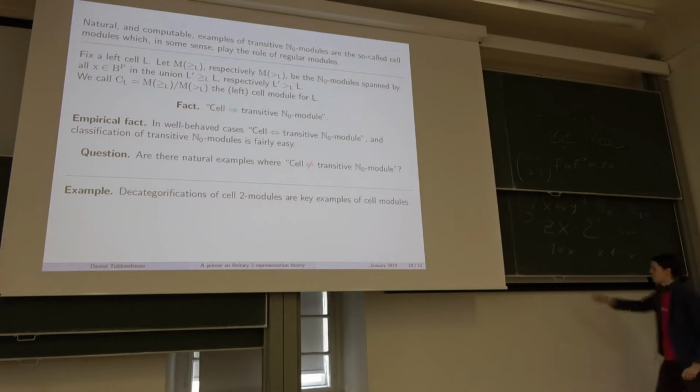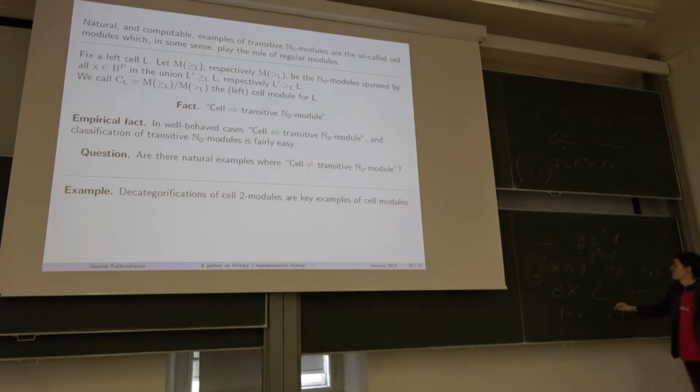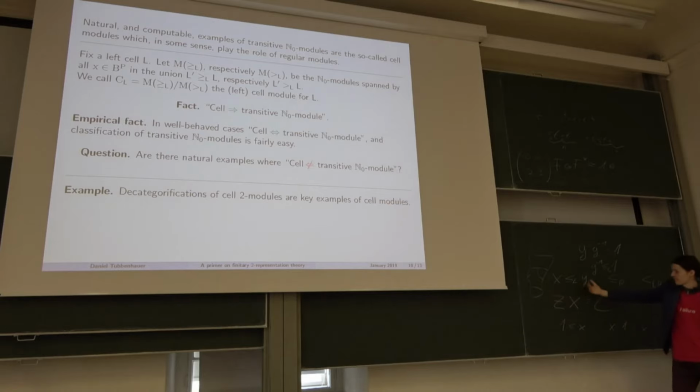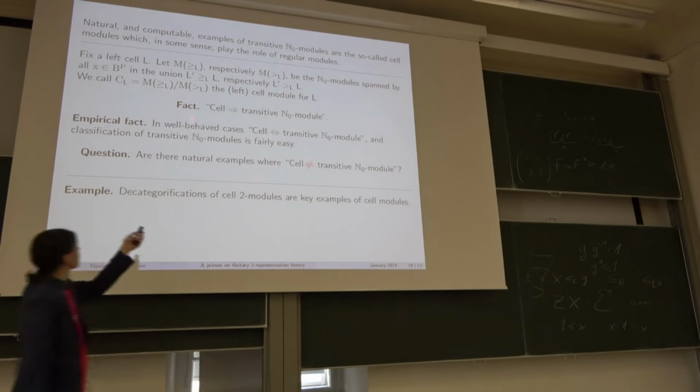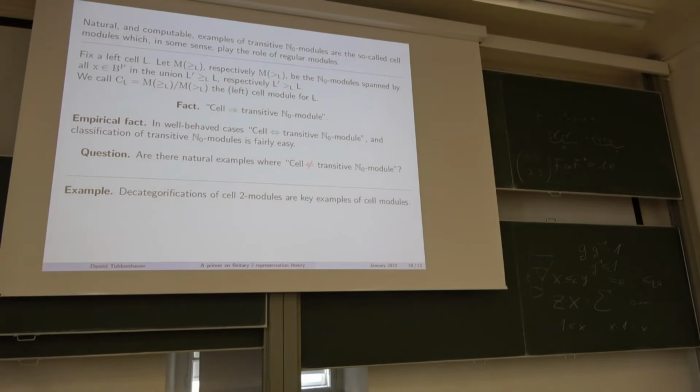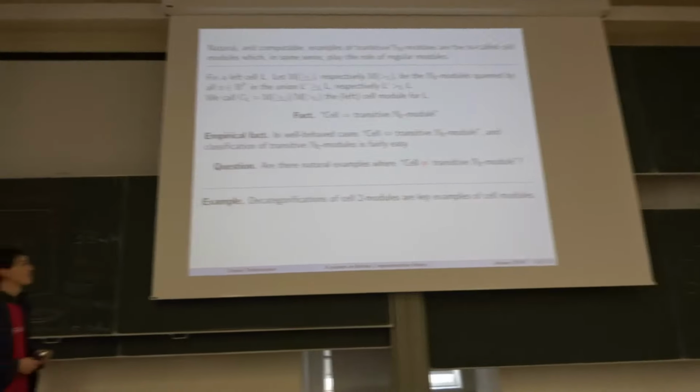If you look just at the definition of the Kazhdan-Lusztig cell order, it somehow builds that everything gets bigger in this order, okay? So you can just take some induced module in some sense by saying, okay, from my left cell onwards, I take all elements which are bigger. This gives you a module basically by definition. And then you kill all stuff which is strictly bigger. And that's what you call the cell module. It's very similar to defining a Verma module, for instance. Like Pedro would like to do it, who is not paying attention.